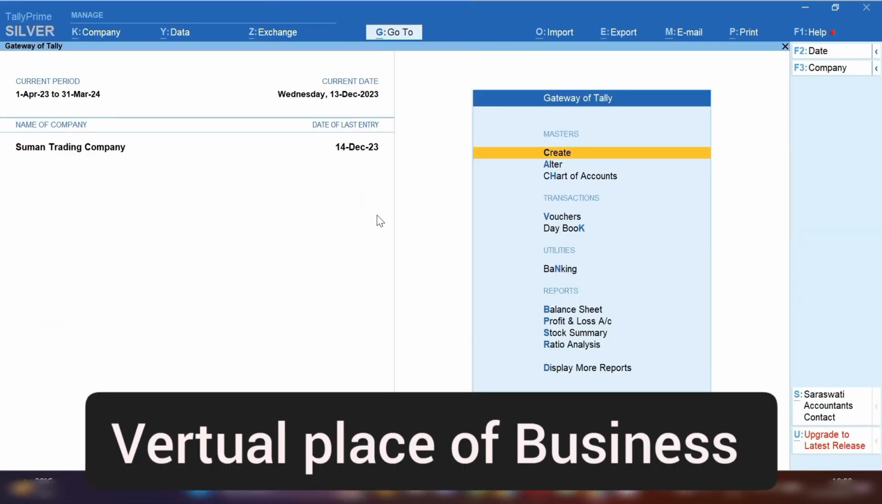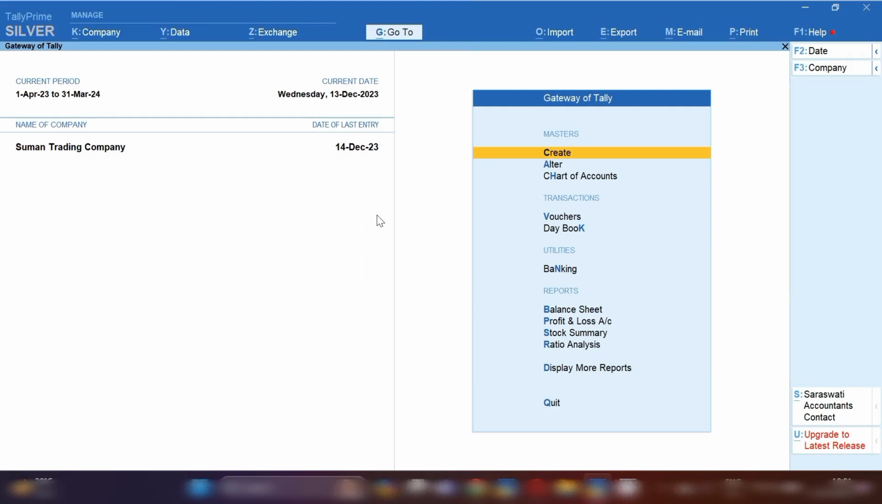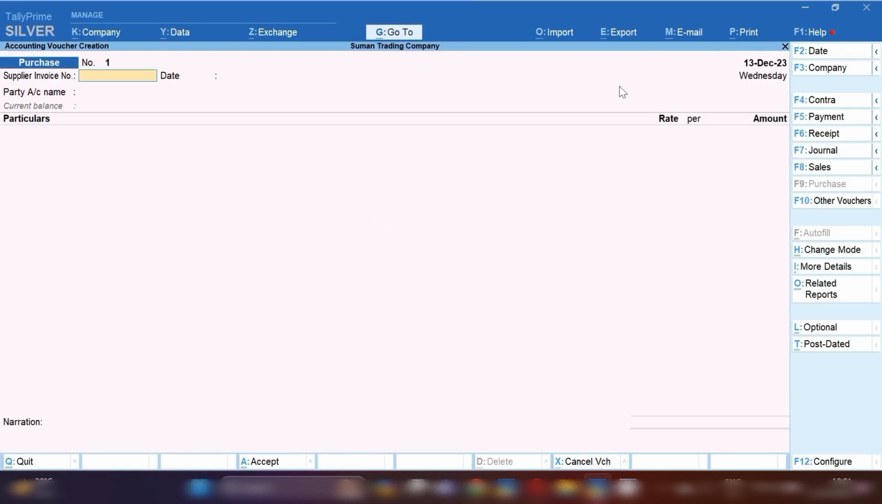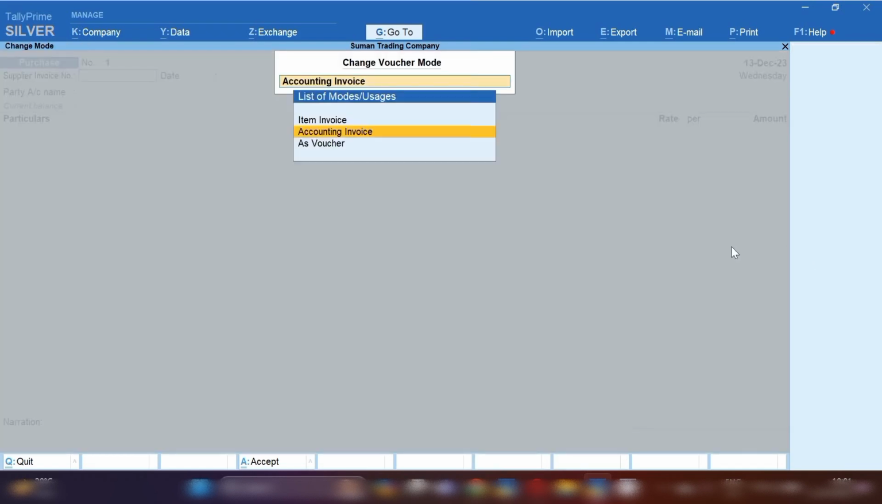You need to open Tally Prime, and after opening Tally Prime, in this video I will tell you how you will record this entry in purchase voucher and in journal voucher. So first I am going to show you how you will record the purchase voucher. From the right hand side, click on change mode, and here you have to select accounting invoice. Because we are going to purchase service, that's why we are going to select accounting invoice. Whenever you are going to purchase services, always remember to select accounting invoice and then start